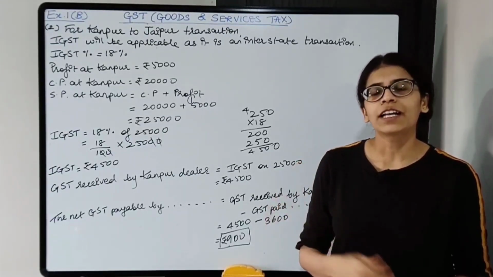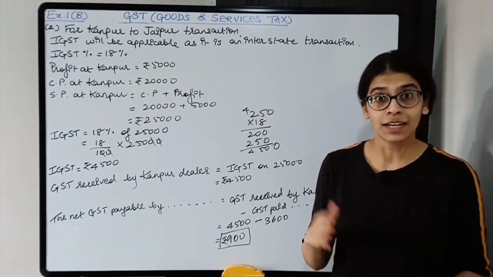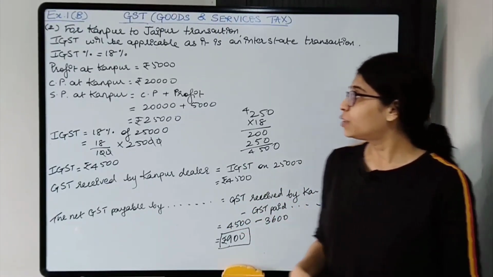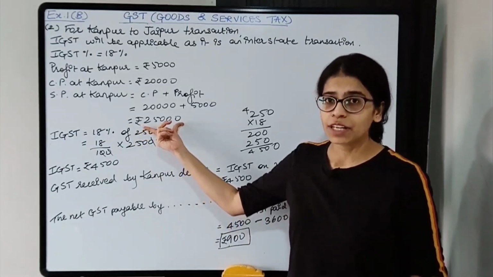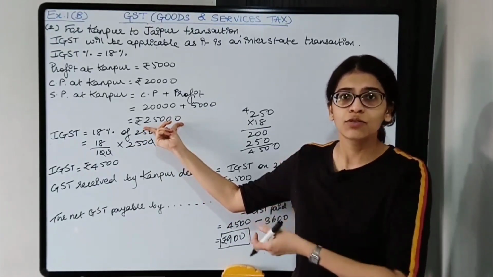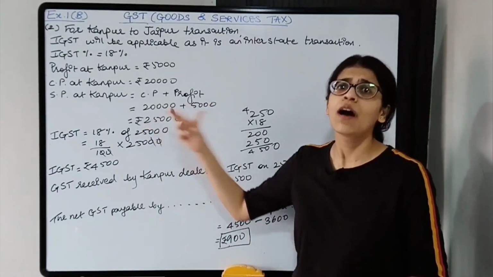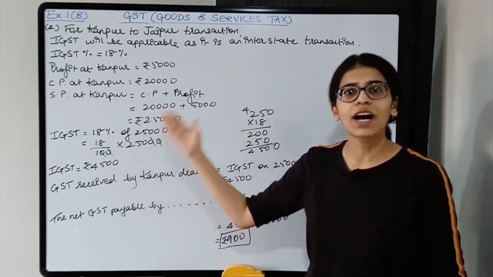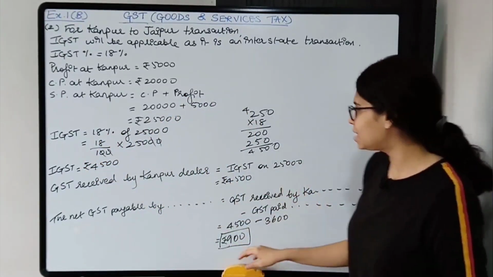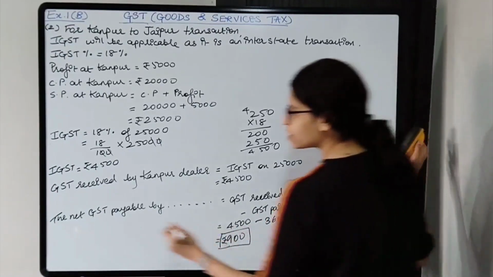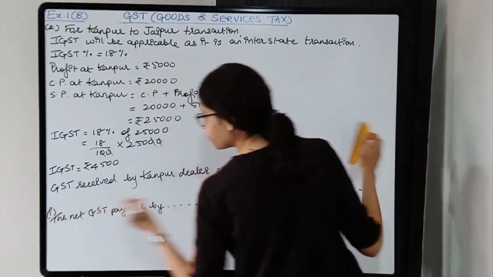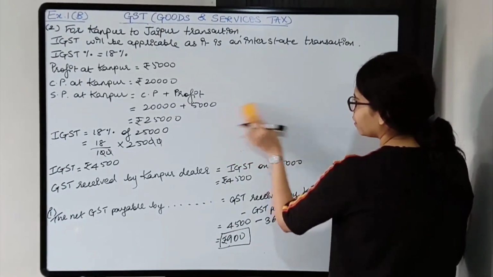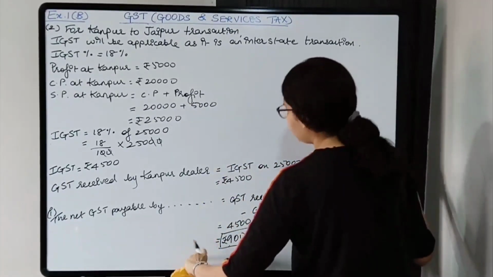Now we need to find the cost of goods and services at Jaipur. So what will be the cost of goods and services? It will be the selling price जो भी है, how much is Kanpur selling to Jaipur for 25,000 rupees plus the GST. So GST is 4,500 rupees. So you just have to add the two. Okay, second part बहुत easy है. So this was first part, mark this as first part, and second part I'll solve it over here only.